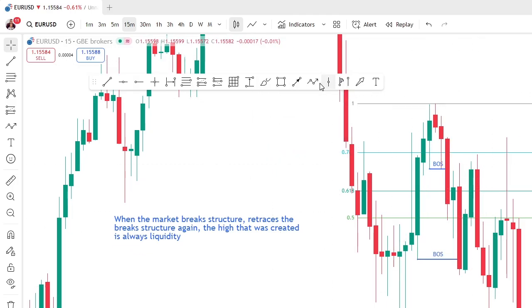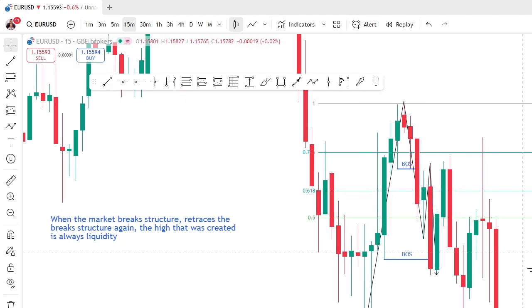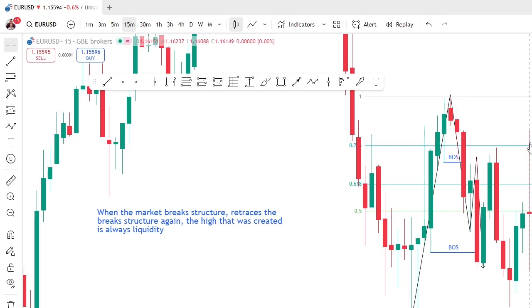This is what we were doing. We came up, the market broke structure here, and then it retraced, and then broke structure again. Can you see that? This high that was created here is always liquidity. Always liquidity. By the way, without even coming here, you could have taken this trade from